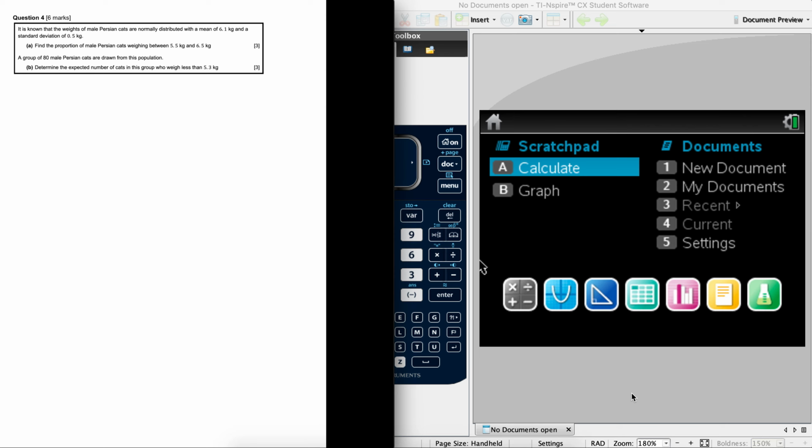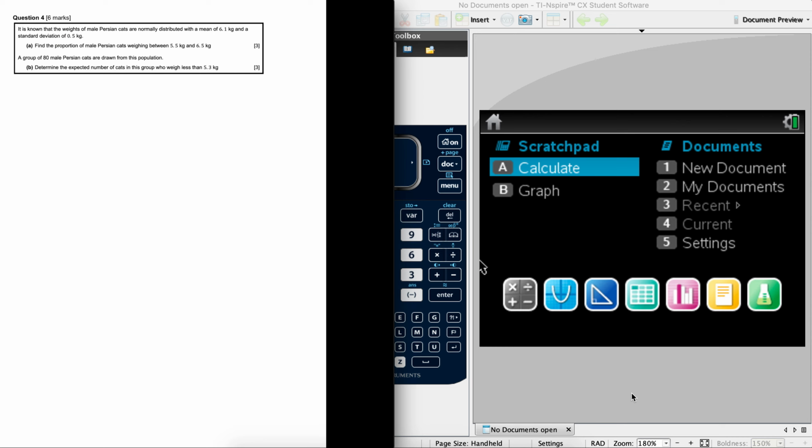This is a normal distribution question, and we're told that we're finding the weights of Persian cats. It tells us that it's normally distributed. So for the first one, we're finding the proportion of male cats weighing between 5.5 and